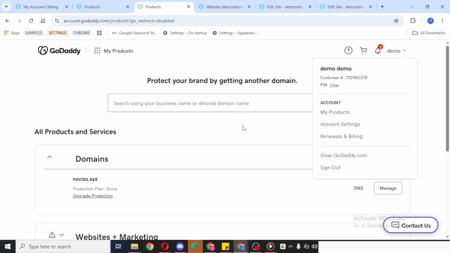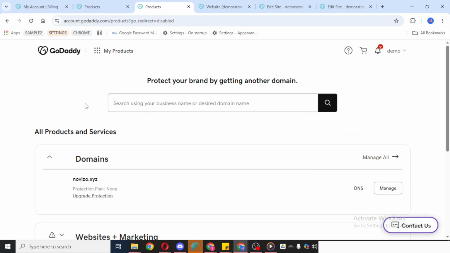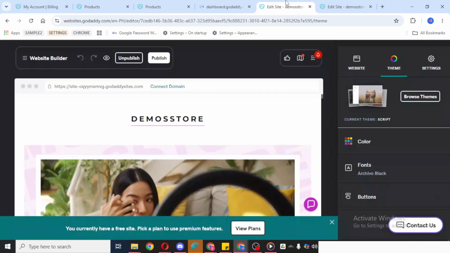Once you've located the correct website, select it and click Edit Website. This will open the Website Builder dashboard, where you can manage your site's content, design, and publishing settings. Be sure you're working on the right website before making any changes, since this action affects whether people can visit the site online. After the editor opens, look for the Settings option.